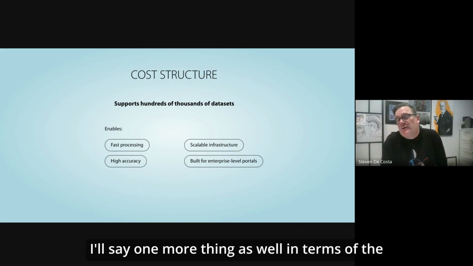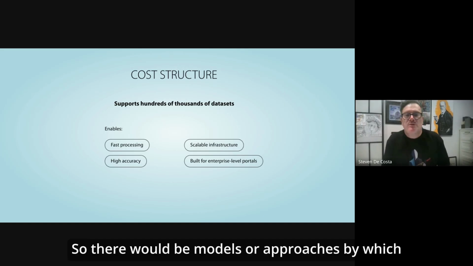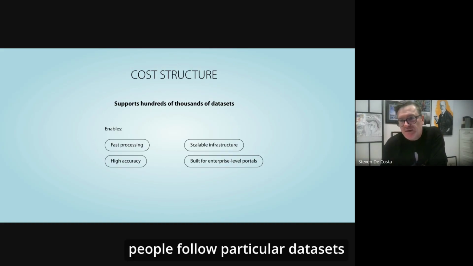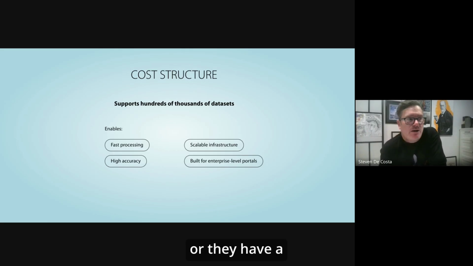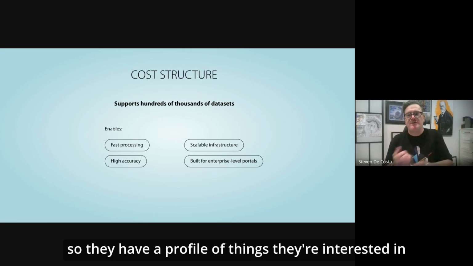I'll say one more thing as well, in terms of business value and timeliness. There would be models or approaches by which people follow particular data sets, or have a stored query or a stored interest, a profile of things they're interested in.